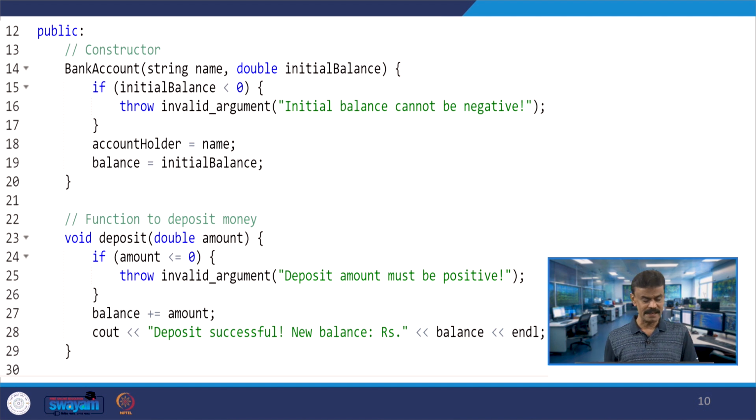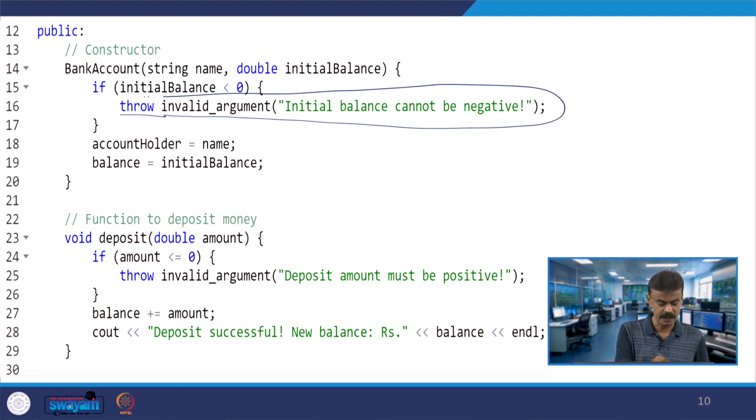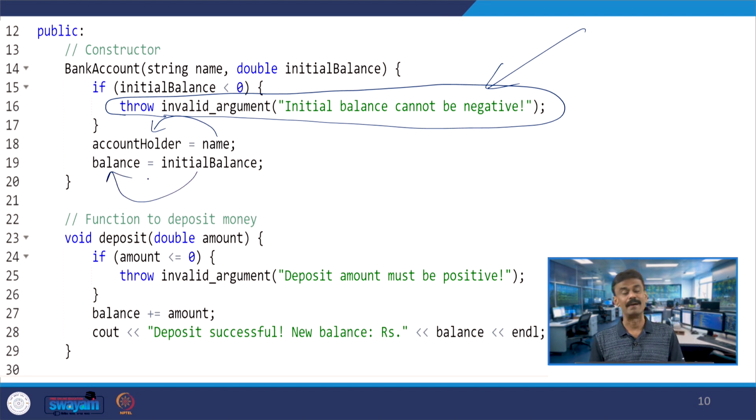If initial balance is less than 0, the negative balance, it throws invalid_argument, which is available in the standard exceptions, with the message: initial balance cannot be negative. So, this exception is being thrown. Otherwise, the name that you are passing is copied into account holder, and initial balance is copied into balance.